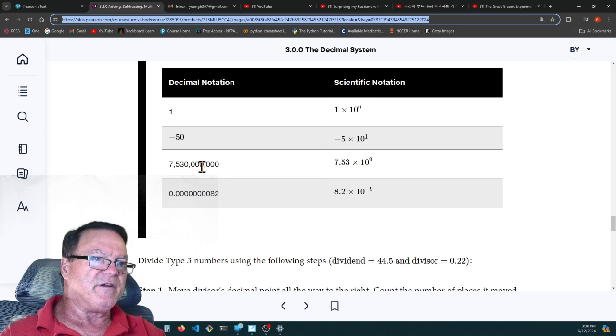1, 2, 3, 4, 5, 6, 7, 8, 9. In scientific notation, you always want to have just one digit whole number plus any decimals after that decimal point, times 10 to some power of 10. That will move the decimal point the right number of places. Here, we're moving 1, 2, 3, 4, 5, 6, 7, 8, 9 decimals to the right, so it's a negative exponent. So it's 8.2 times 10 to the negative